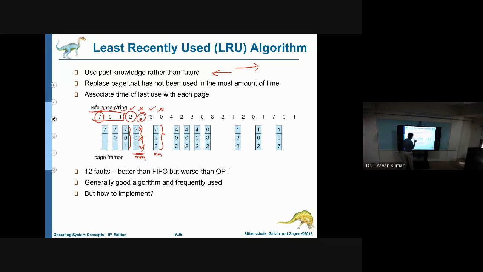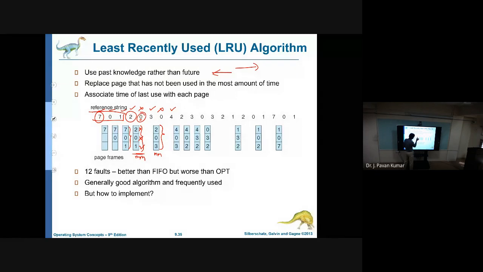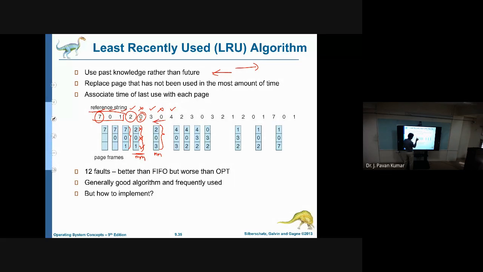Now 0, no page fault. Now 4 means again page fault will occur. Again, how can the page fault be served? Which page we have used last, that we have to consider. Simply you can consider like this. We will be going in reverse direction. 0 we have used, so we will not be choosing. Next 3 we have used, so 3 will not be considered. So definitely 2 we have to choose. So 4, 0, 3 will be the contents of main memory.